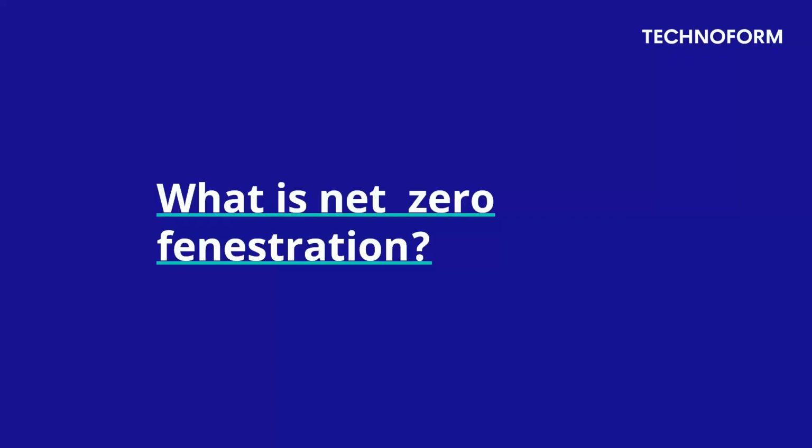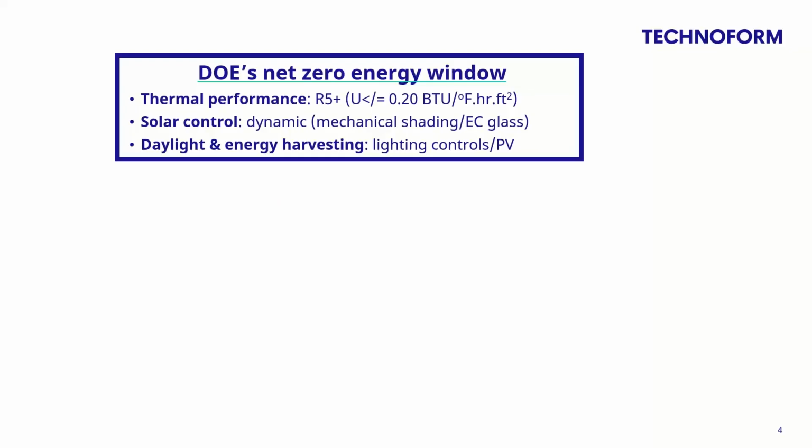So what does net zero fenestration look like? The US Department of Energy defines a net zero energy window as one with better than R5 thermal performance. Now, in some climates, it will be even better than that. And in other climates, it won't be quite as low as that. It'll really depend on climate, the U factor, but on average, it's about an R5 thermal performance, which is a U factor of